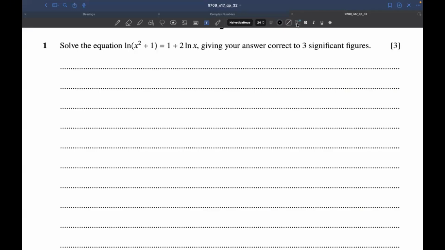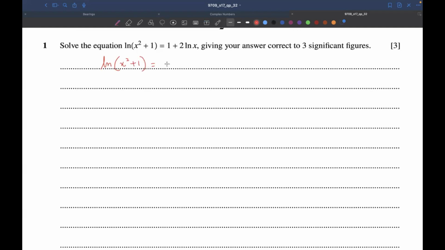In question 1, it says solve the equation ln of (x squared plus 1) equals 1 plus 2 ln of x, giving your answer correct to three significant figures. Now, in the first step, we'll write 1 also in terms of ln. So this will become ln of (x squared plus 1) is equal to